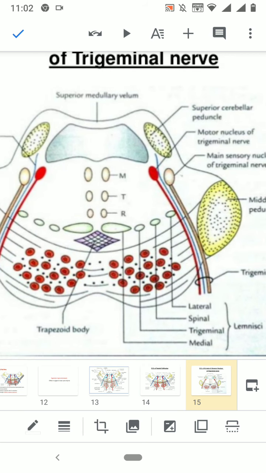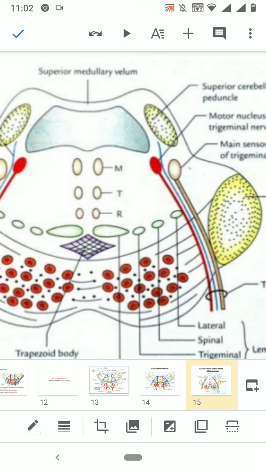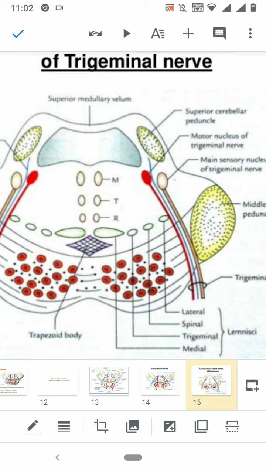Definitely the trapezoid body is also seen in the center. You can see the tracts: the medial lemniscus, the trigeminal lemniscus. So the trigeminal lemniscus is formed. It is nothing but the tract of the trigeminal nerve, and then you have the spinal lemniscus, and now there is a formation of another extra lemniscus, that is the lateral lemniscus, which is actually formed from the trapezoid body. So it is concerned with the auditory tract. I told you the trapezoid body and lateral lemniscus are very important for the auditory tract. Okay, in the paramedian position, again we are seeing the MTR.